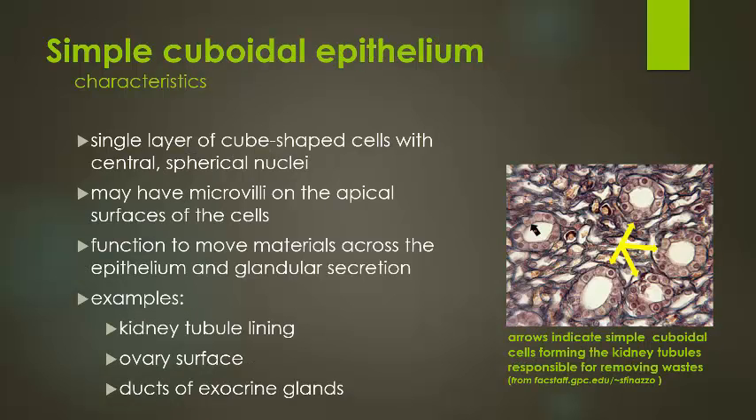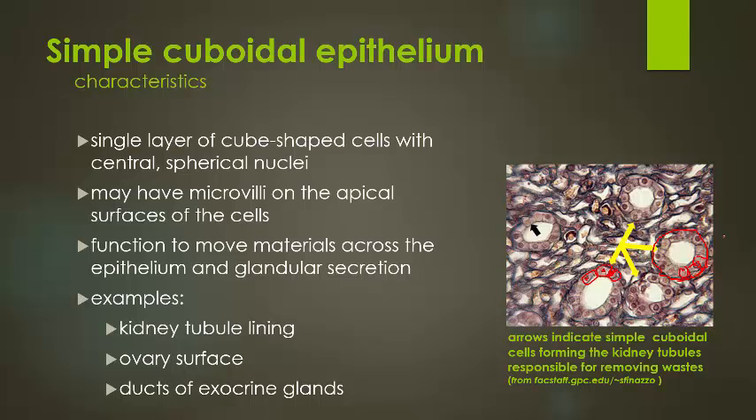Now we're going to take a look at simple cuboidal epithelia. Once again, a single layer, but this time they are cube-shaped cells with a central nucleus that is spherical. So here we see the nuclei inside the cells, and you can make out the cell membranes here, compartmentalizing those nuclei. And so here in the kidney tubules, where we remove the wastes from the body, they're built of a single layer. So this is the exterior of the tubule, a basement membrane. And they're built of a single layer of these roughly cube-shaped